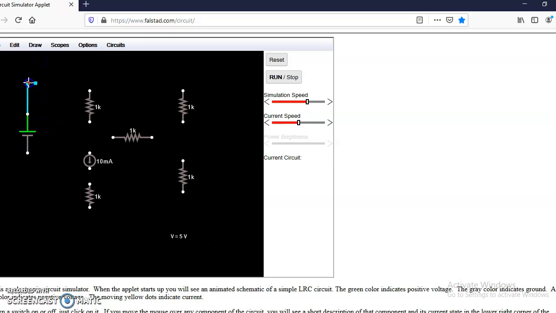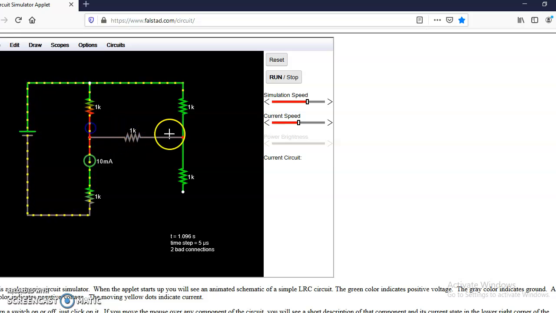So simply you can complete the circuit in this way. When your circuit connections are correct, you can see the color of the circuit becomes green. So first of all we'll complete the circuit, then we'll set the values. Okay, I made one mistake over here, so delete this particular branch.